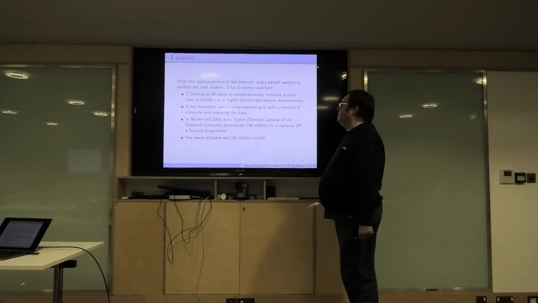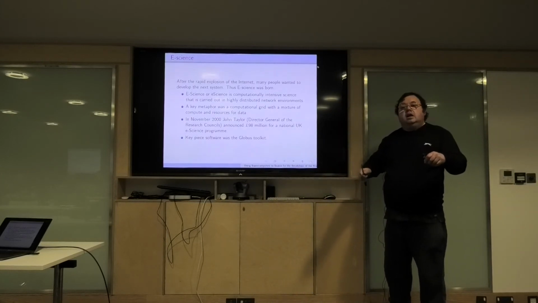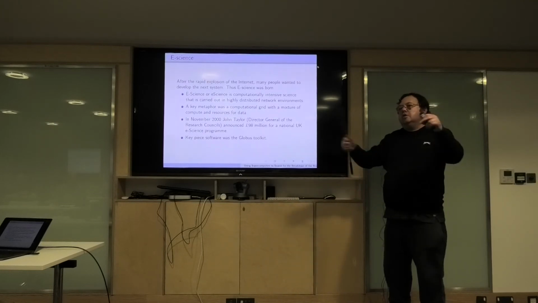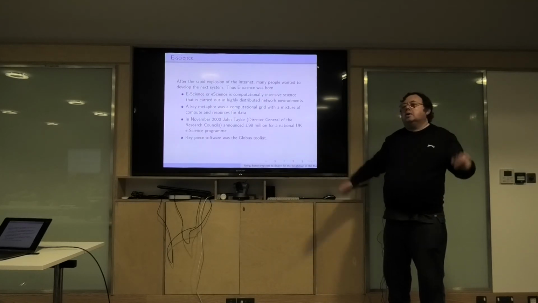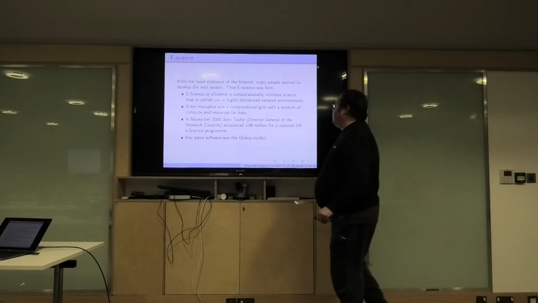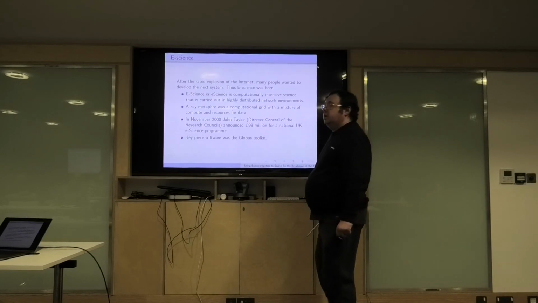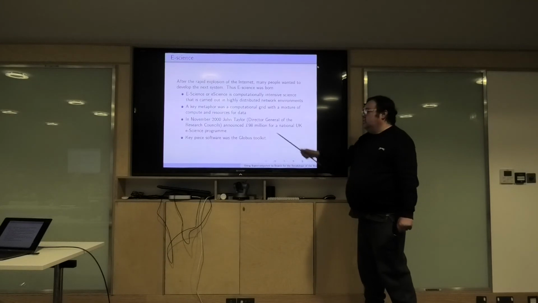So this thing called e-science, the idea was a computational grid, and the idea was to do all this data handling where you have your code and you do some magic commands, the code would go off somewhere, run, pull in your data, and you get results back. If you think about it, wow, it's my dream. And they put a lot of money into it, 90 million, some number like that, a huge amount of money. And some of these things used Globus.